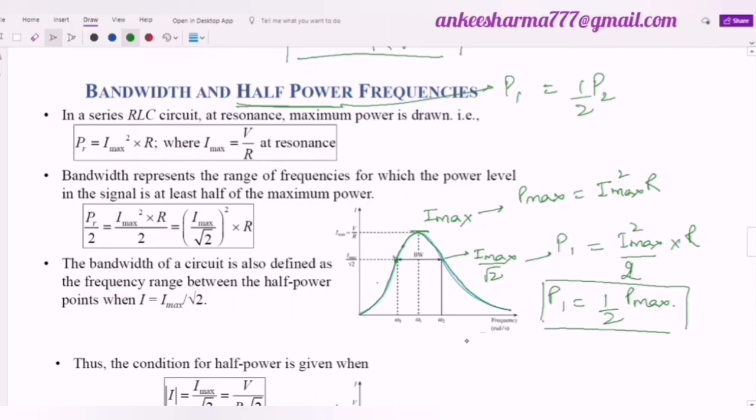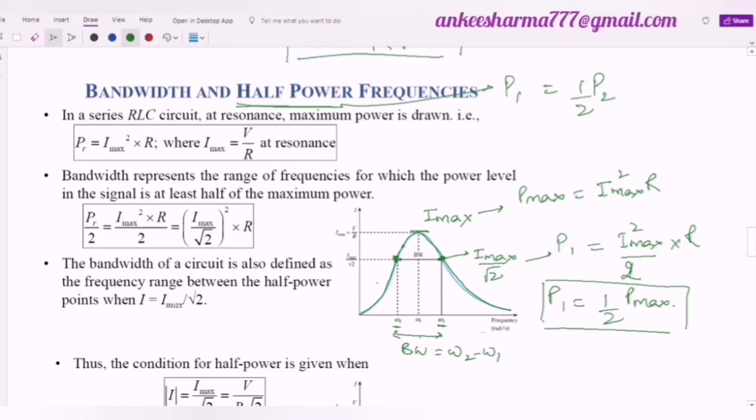Exactly on both sides we will find the power to be half, because this is the maximum point. यहाँ पे भी डिक्रीज़ हुआ, यहाँ पे भी, तो यहाँ पर भी एक पॉइंट मिलेगा हमें, यहाँ पर भी एक पॉइंट मिला जहाँ पे हमारी पावर हाफ होगी. Or in the other way I can say that current has reduced to 1 by root 2 times, and those 2 points or those frequencies are known as the cutoff frequencies. Or if I have to find the bandwidth, I will say the bandwidth of this system will be equal to omega 2 minus omega 1.